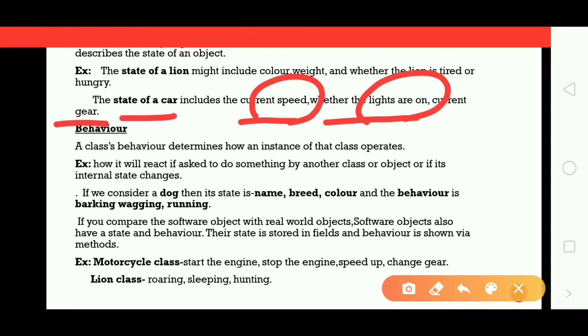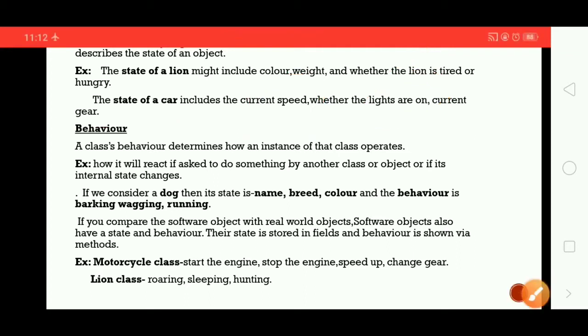So these are the state of a car. Here values: current speed like 80 kilometers per hour, that is the value for the car. In the same way, whether the lights are on, this is a boolean, true or false. You can have a true or false value, so that describes the state of your car.